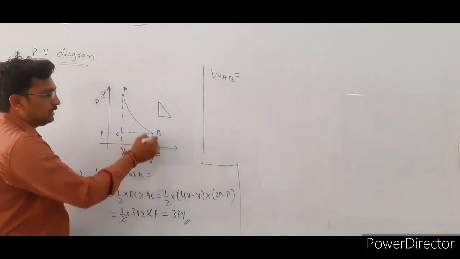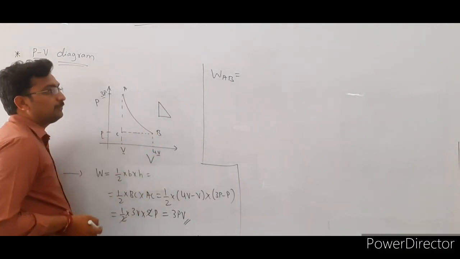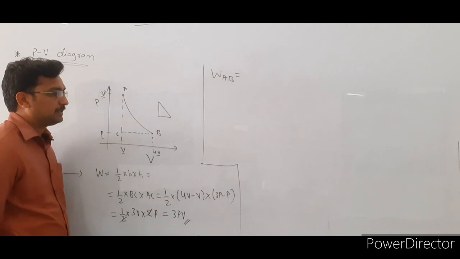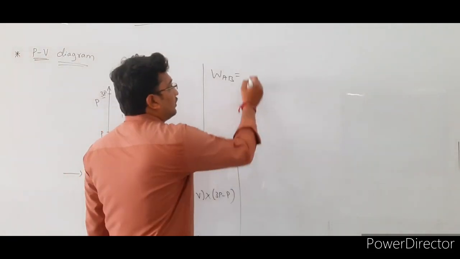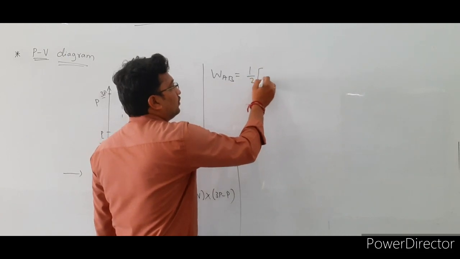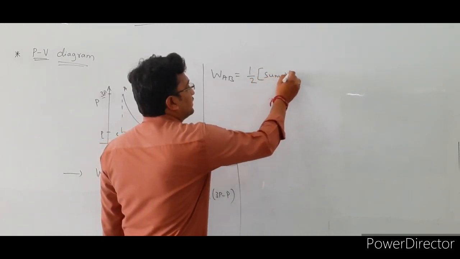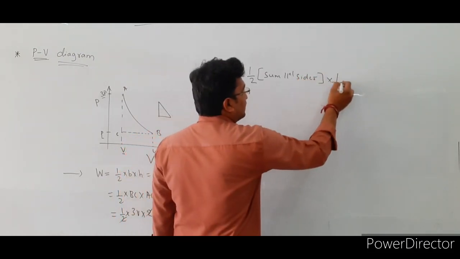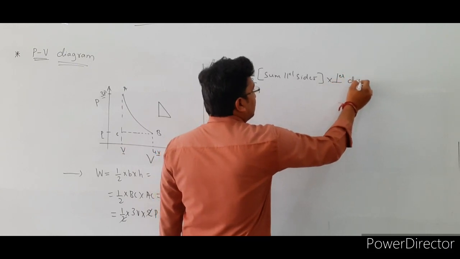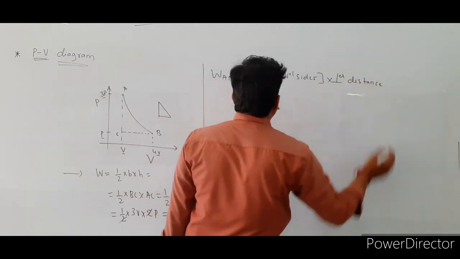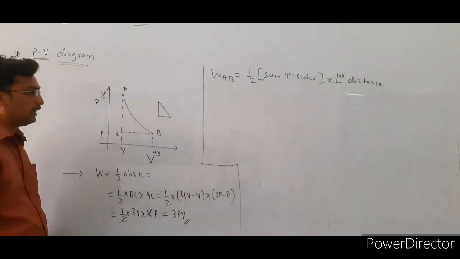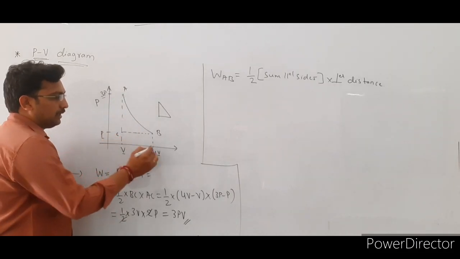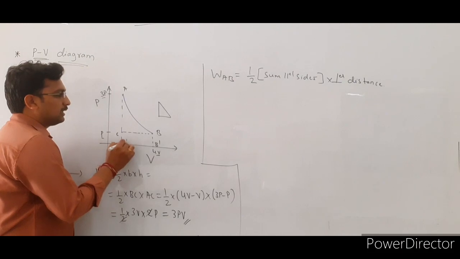After that, just join these two lines, this one and this one, right? Now it looks like a trapezium. Then what is the formula to calculate the area of this trapezium? That is 1 by 2 sum of parallel sides into perpendicular distance. This is the formula we use to find the area of a trapezium, right? Here the parallel sides are these. So this is A, this is C, this is B, and this becomes B dash and this becomes C dash.